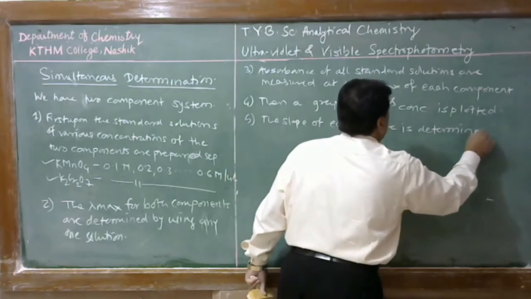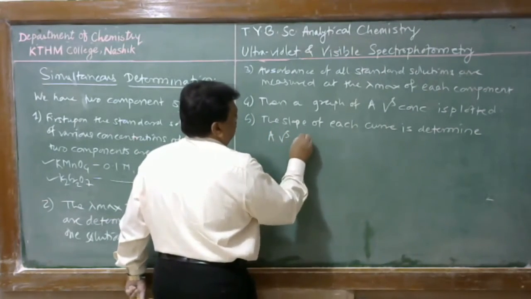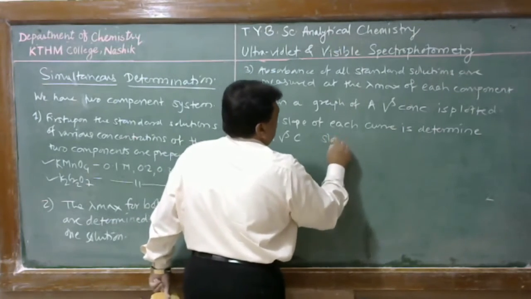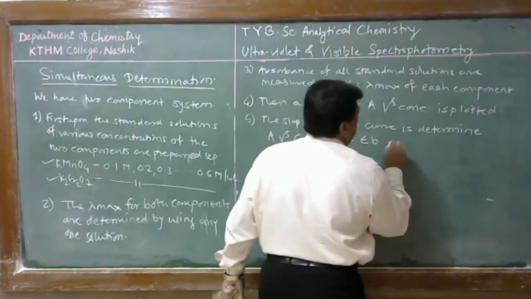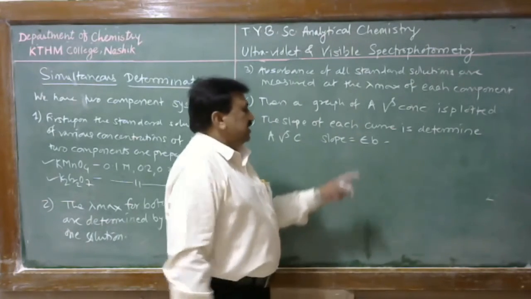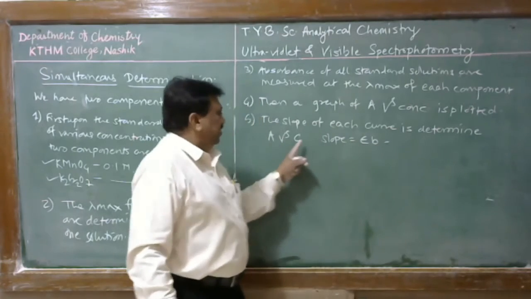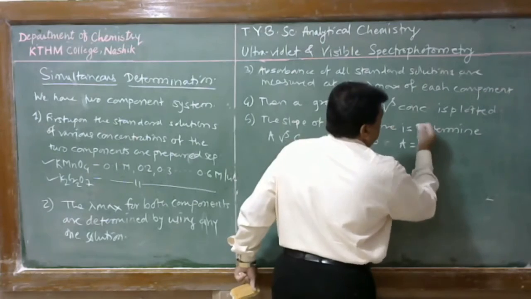Here, as A is plotted as a function of C, the slope is equal to epsilon into b, since we have a straight line passing through the origin. That means this is the equation of a straight line, A is equal to epsilon into